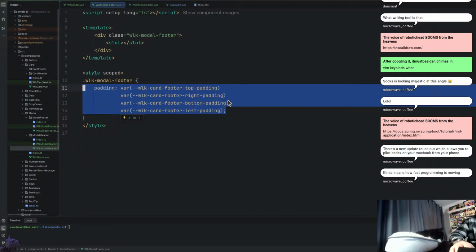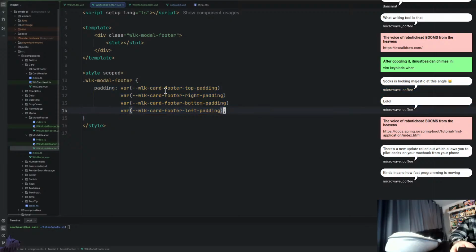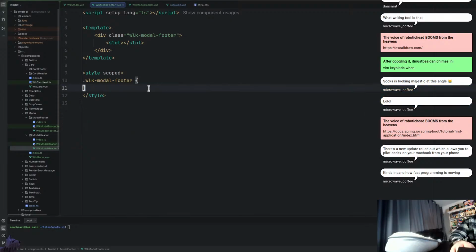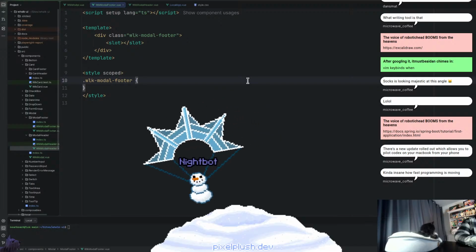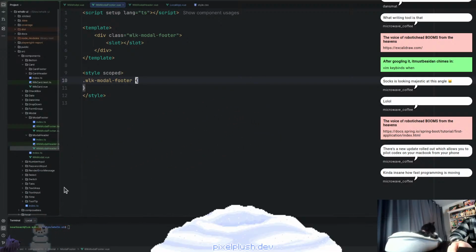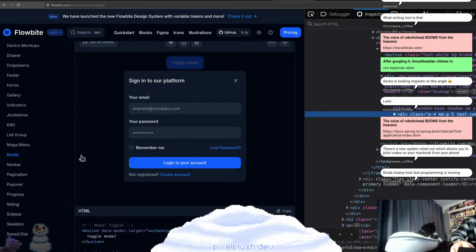Kind of insane how fast programming is moving. Oh yeah, don't get me wrong, it is moving very, very fast at the moment. I'm concerned about it. If I'm reading that correctly,